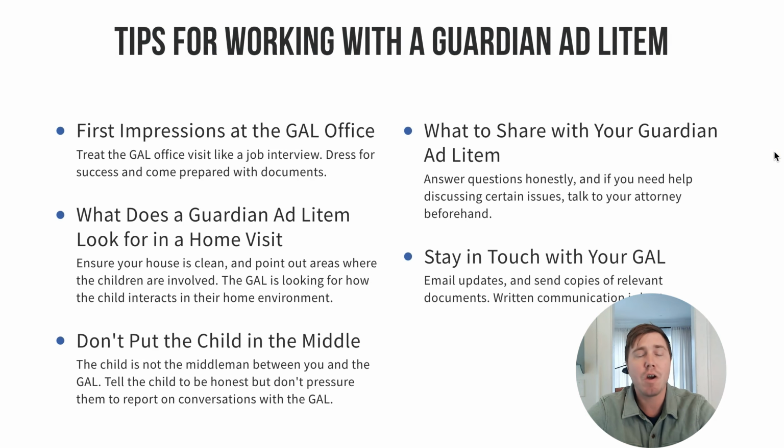So if you have a guardian ad litem assigned to your case, there's a lot of things you can do. It's important to know first impressions matter. I would treat it like a job interview, so dress for the occasion. I would dress like you're going to church, and also come prepared, organized. Your attorney can help you create a plan as to what you want to present to them. There also, you can share information with the guardian ad litem. A lot of times somebody will forward me a lot of information, and I also recommend that we get this information to the guardian ad litem. So there can be certain videos that may back up your case. There can be things like report cards, doctor's records. So you're going to want to provide the guardian ad litem with a lot of information that may support your case. They can do a complete and accurate investigation.